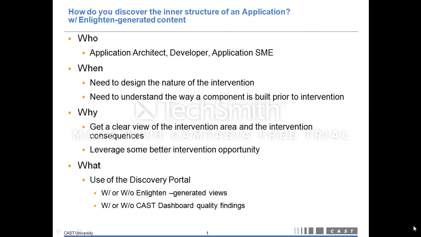Welcome to this new CATS University training session, whose topic is how to discover the inner structure of an application with the help of Enlighten generated content. I am still, in this session, an application architect, a developer on a given application, or the subject matter expert of a given application, and it's still about fulfilling the need to design the nature of an intervention in the application, either for evolution or maintenance, the need to understand the way the component is built before doing any